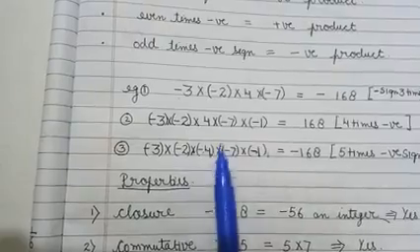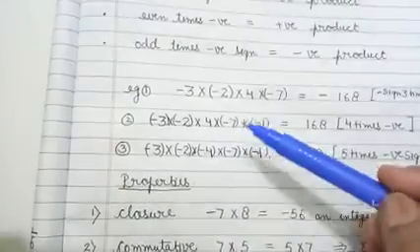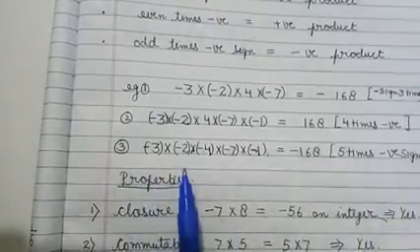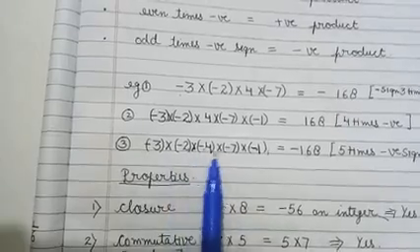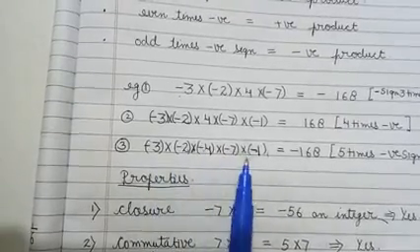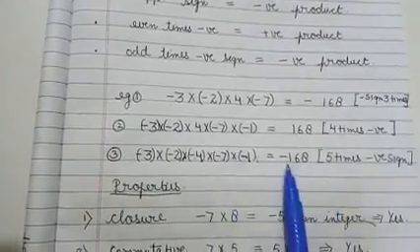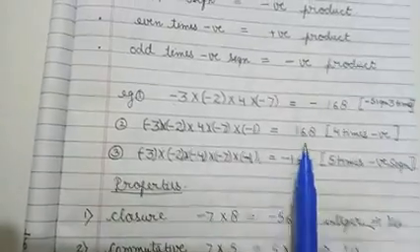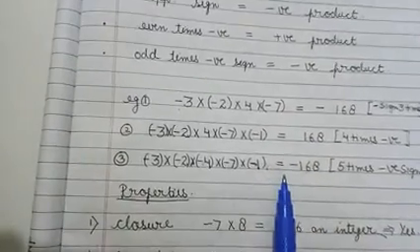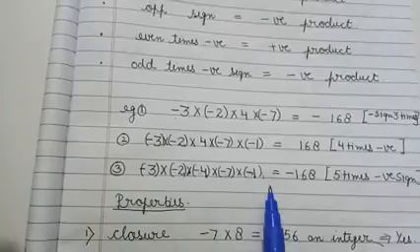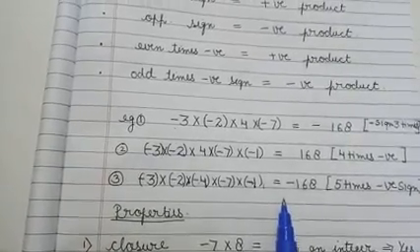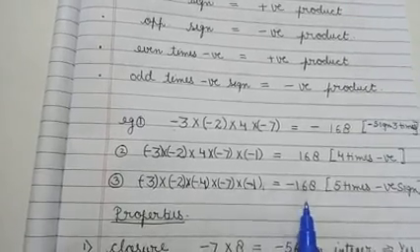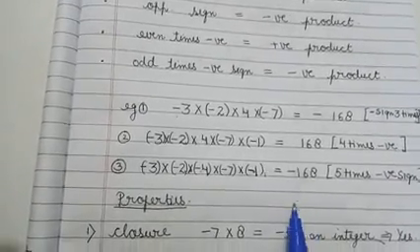Now in this question, what have we done, class? I made this also negative. Now the 4 is also negative. Now count the negative signs. 1, 2, 3, 4, 5. Now you have 5 negative signs, so your product will be negative, means minus 168. So this is a very important rule for the multiplication of integers. You have to take care which sign you have to put, and do it very carefully. Understand this very well. Keep revising this.